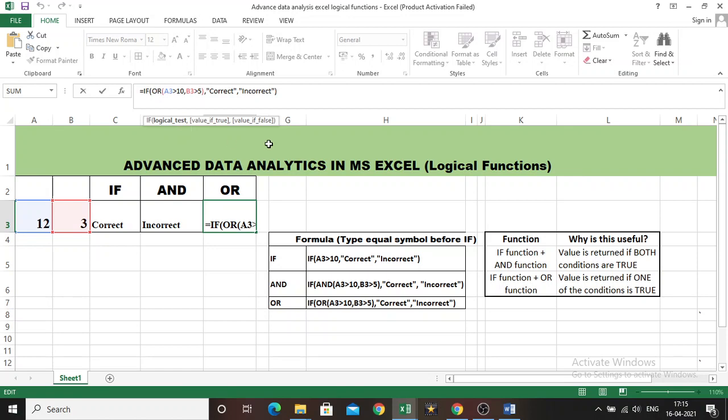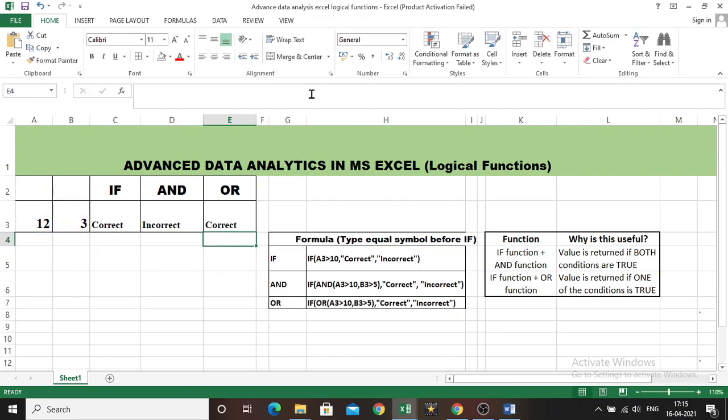So the formula goes like this: type equal to, type IF, open the round bracket, type OR, then again open the round bracket, A3 greater than 10, comma, B3 greater than 5, close the round bracket, type comma, then within quotes type correct, close it, comma, within quotes incorrect. If the statement is false, then incorrect should appear. Then close the round bracket, then press enter.